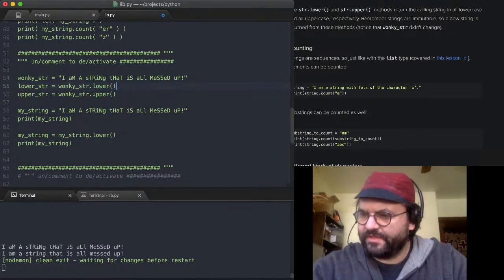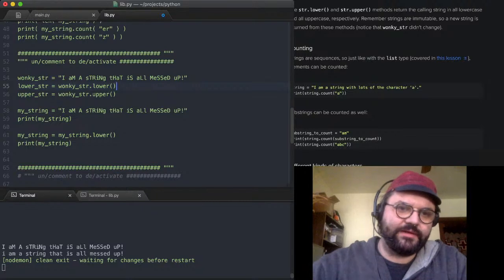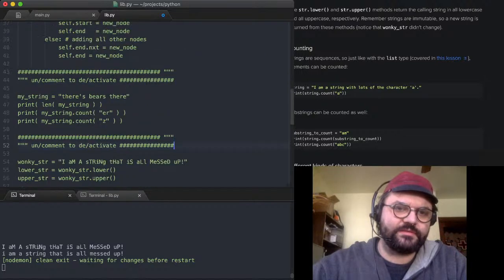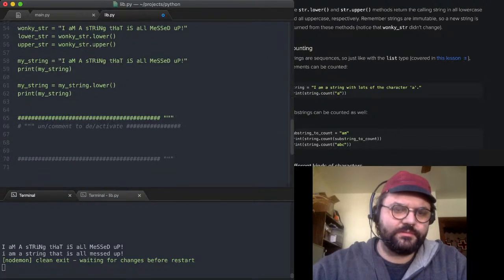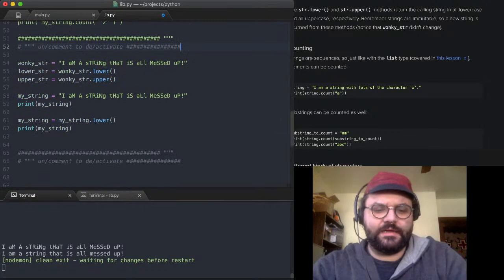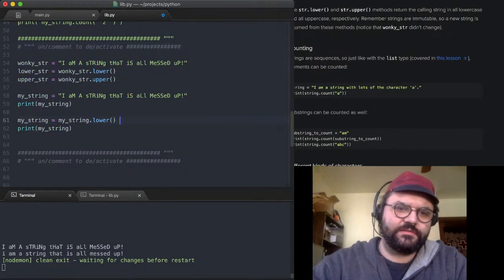Looks like we have a question. In the last example, was my string overwritten? Oh, let's see. In the last example, that's this example. Yeah, so my string is overwritten